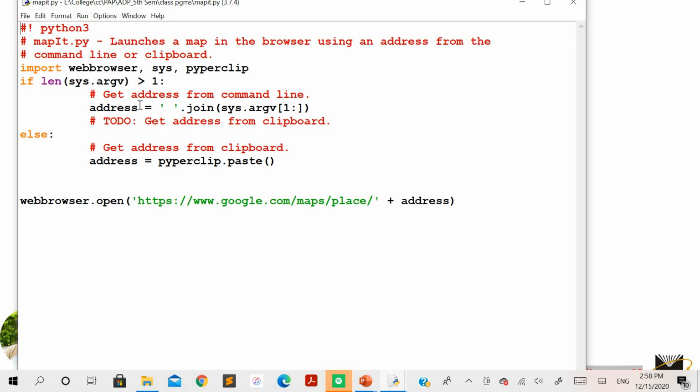here. And suppose if you are not interested to type anything as a command line argument, or the address as a command line argument, so in the other cases, you are going to just copy the content which will be kept internally in the clipboard. So in that case, you are going to enter into the else part, where you are going to extract with the help of pyperclip.paste. So this method pyperclip.paste is going to get the contents whatever has been copied and kept in the clipboard here. So in both the cases, basically the address which needs to be searched from the Google Map will be stored in the variable address here.